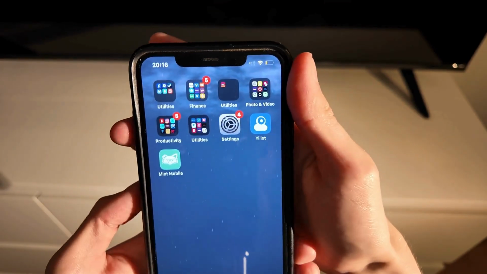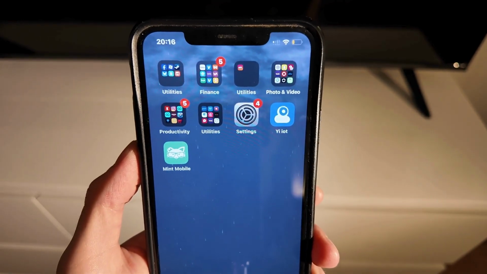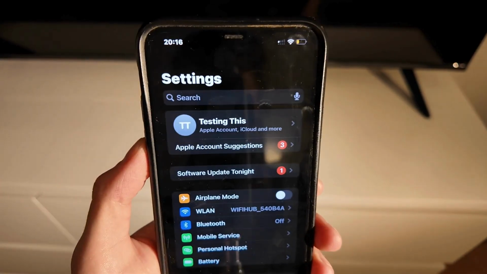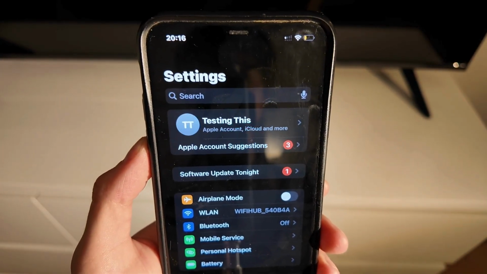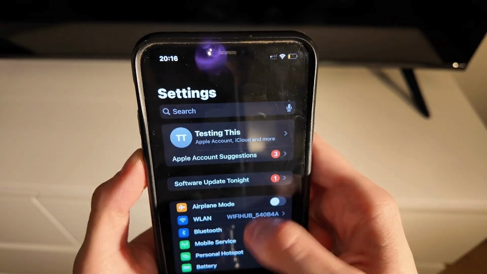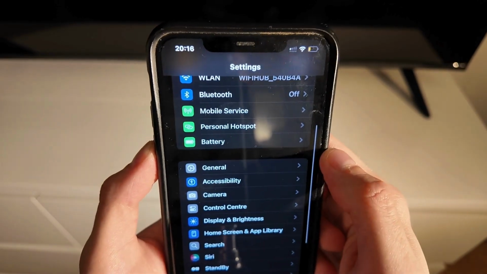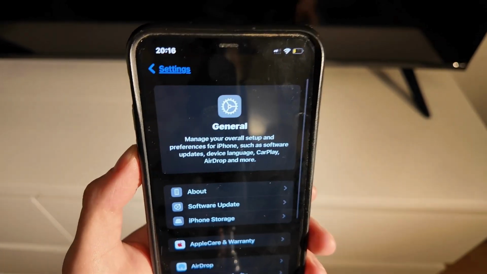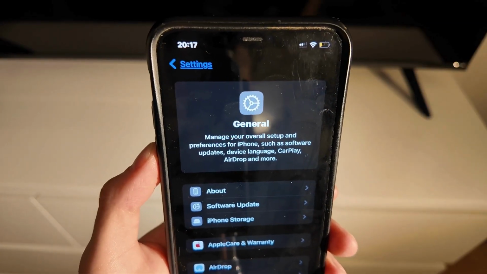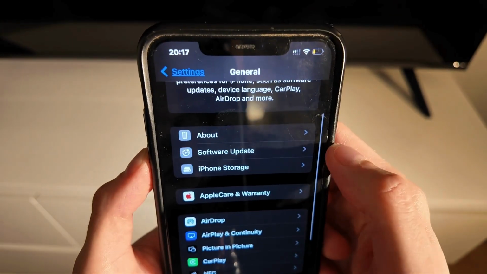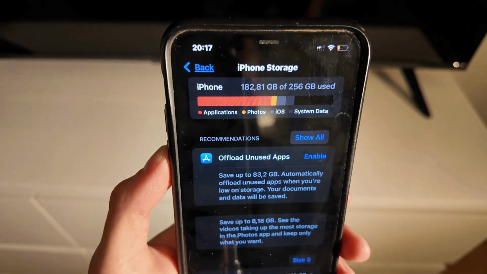So basically what I did firstly is that I exited my Mint mobile app, and instead we're going to go into the settings app on our phone here, as you can see. And now what you're going to do on settings is just scroll down in here until you can see general. So click on general, and as you can see, you should now be taken to this page right here, which is perfect. So on this page, scroll down again and click on storage right here,